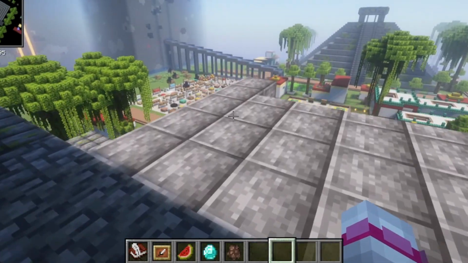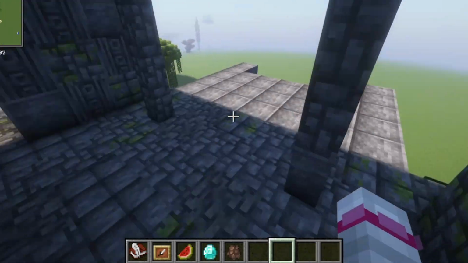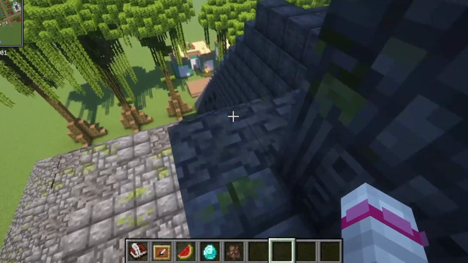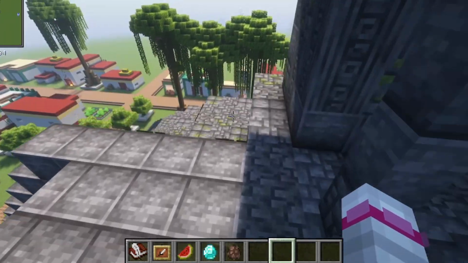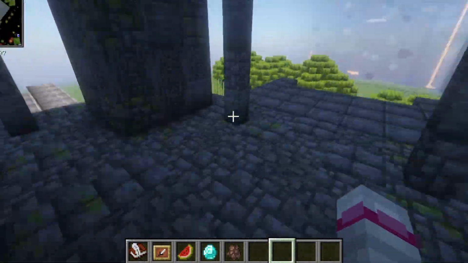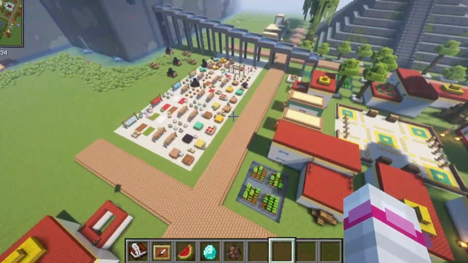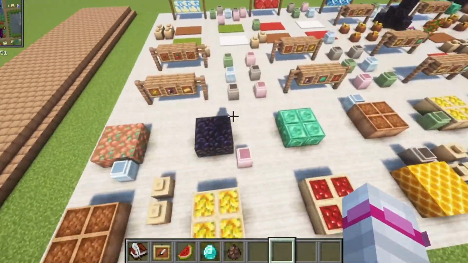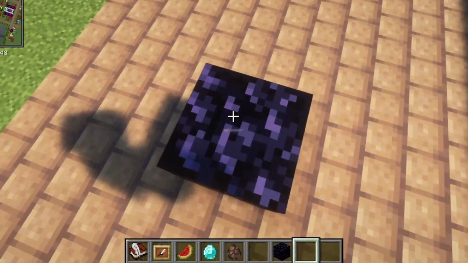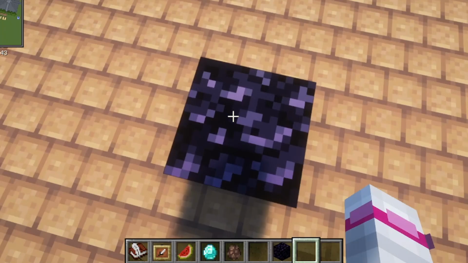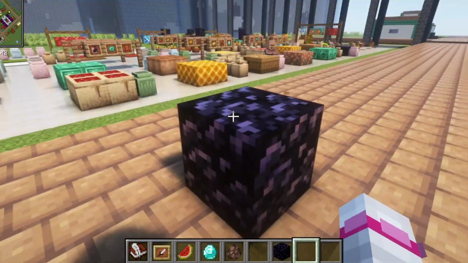Ironically, one of the reasons why Minecraft is such a good way of exploring history is that most of its features and items and blocks and whatever are devoid of any culture. What I mean by this is, for example, if we look at a material such as, I don't know, obsidian. If I place this obsidian block down, none of the features of this obsidian block are particularly